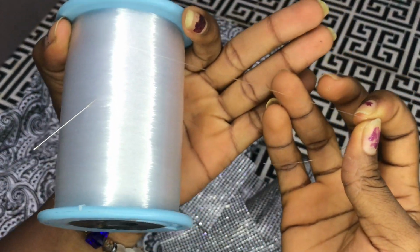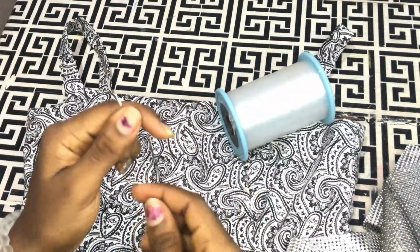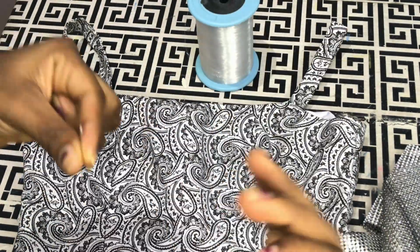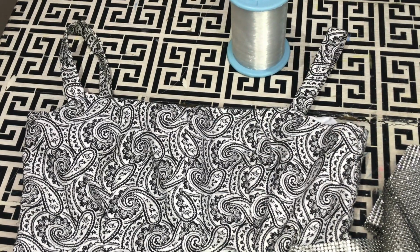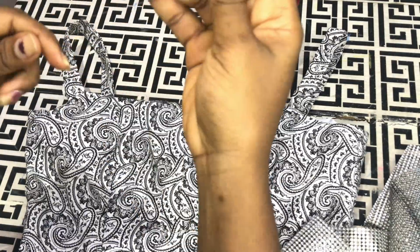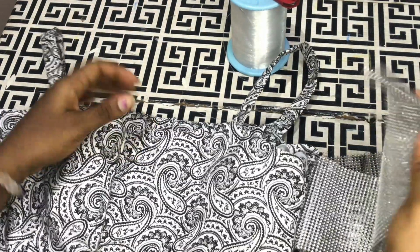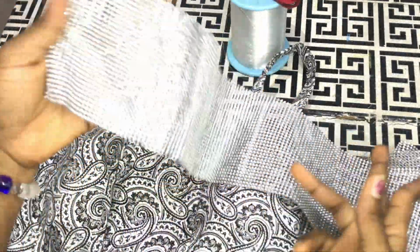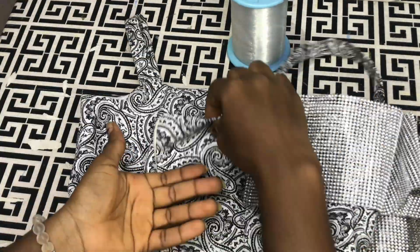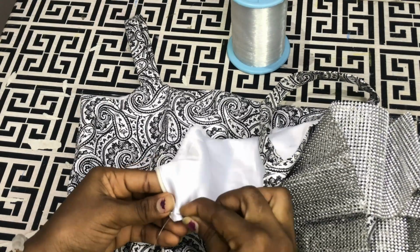We have different types as well, and I'll use my needle and then a thread cutter. So I'll go ahead and thread the needle, and from there we'll start. We'll be starting from one point of the back to the other side. I'll use the cap chain just like the way it is, and then after fixing it I'll just snip through. So the very first thing I'm going to do is to make a knot at the back,